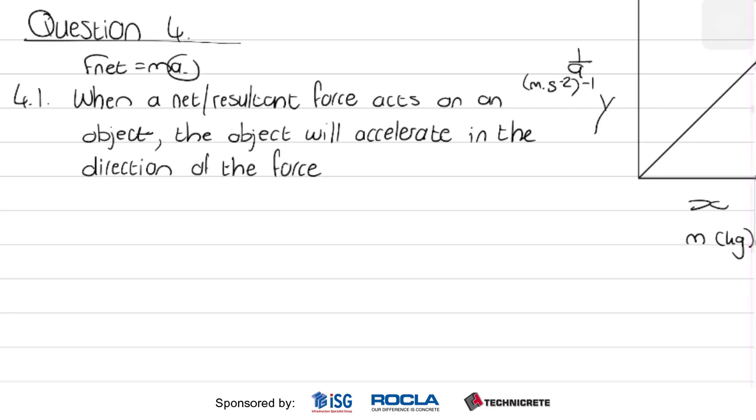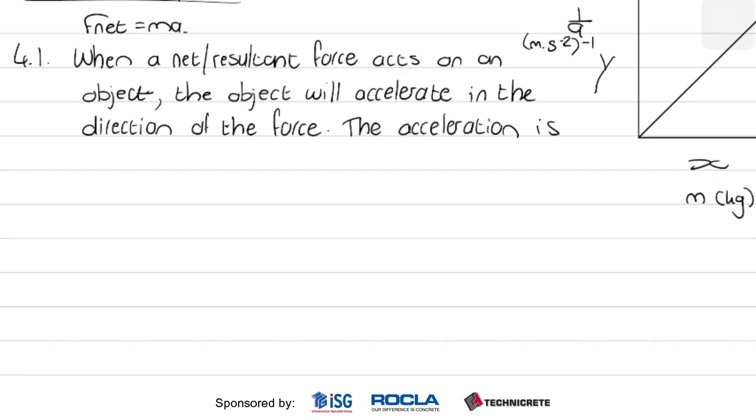So remember, if we have acceleration in a direction, we will have a net force. If we don't have acceleration, we have a constant velocity, and our F net would be 0. But here, when we have a net force, the object will accelerate in the direction of the net force. The acceleration is directly proportional